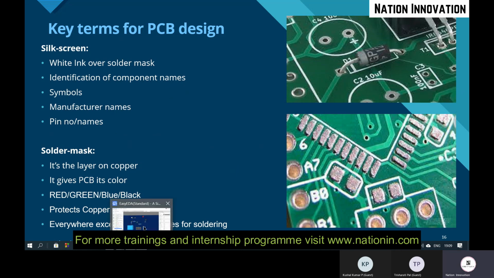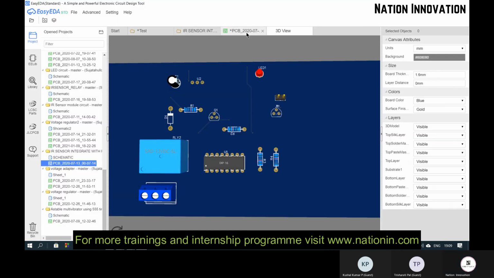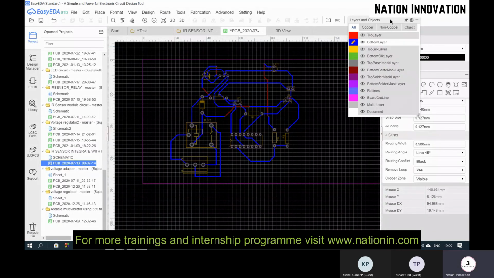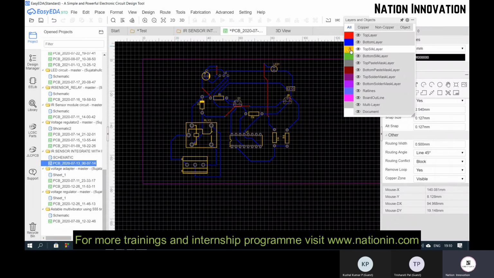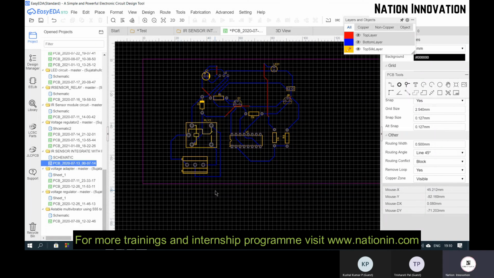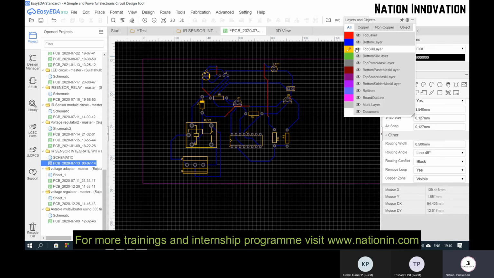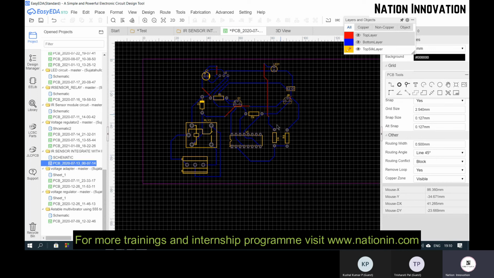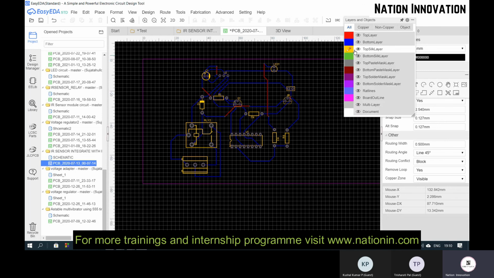In case of your PCBs, you have many layers here. You can see top layer, bottom layer, top silk layer. This is the silk layer I was talking about. You can see here when you press on this silk layer, all the yellow color component footprints get highlighted.